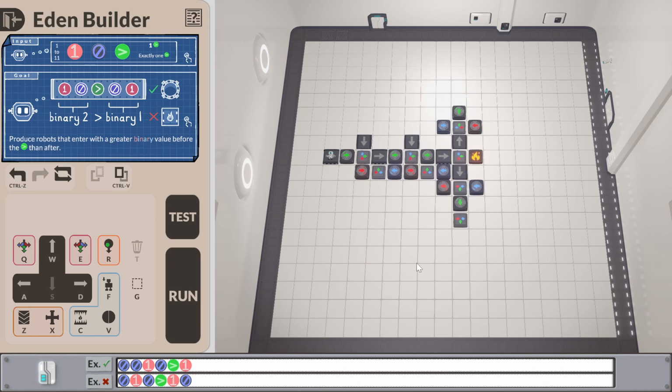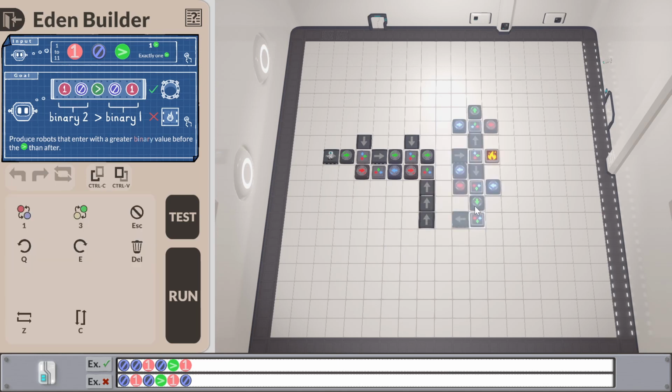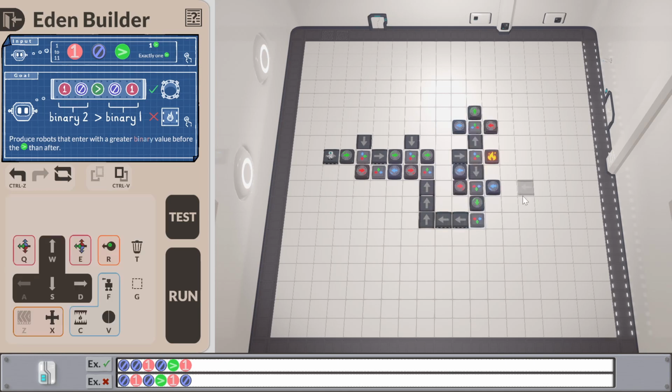But if it's red, then these two are the same. And what I need to do next is copy to the next green and then put a green back, which I think is this node. Yeah. And so likewise here, if it's blue,